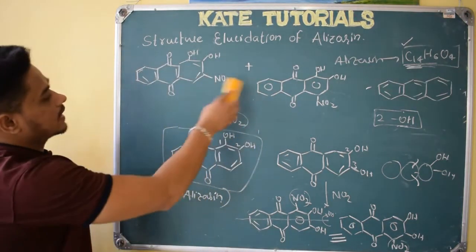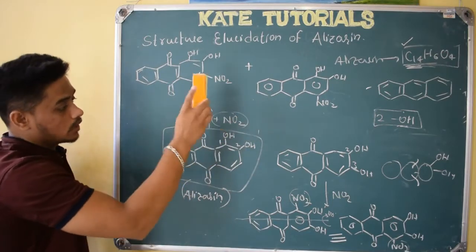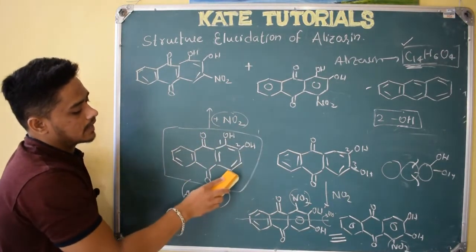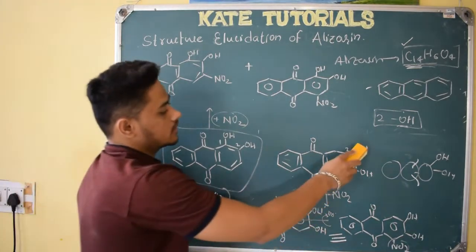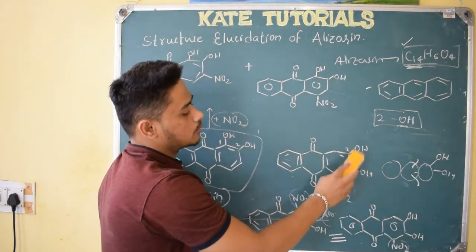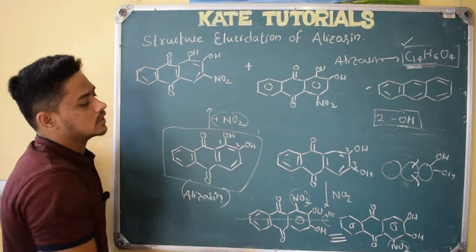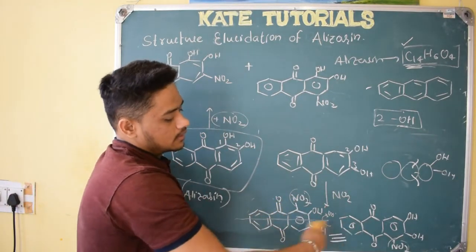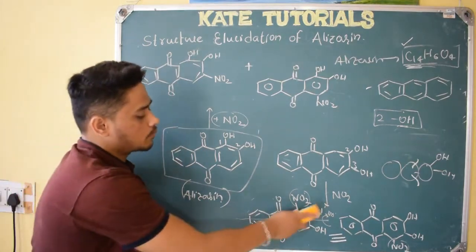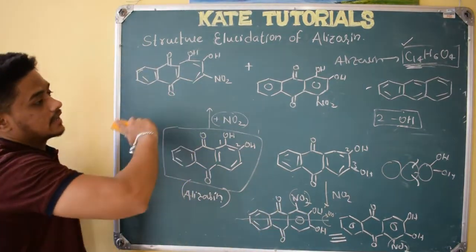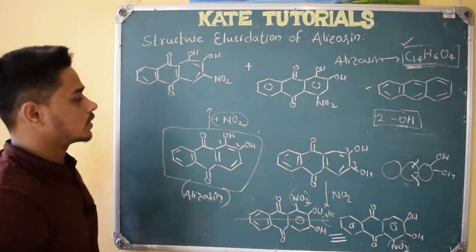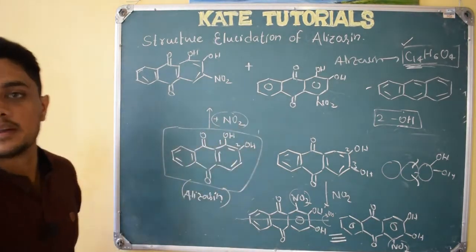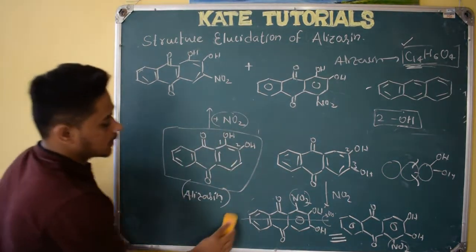So experimentally they get two products, and they will get only two products when this is the structure of alizarin, because here one product they will get, here one product they will get. If these two OH groups are at the 2-3 positions, rather than the 1-2 positions, and I do nitration, both products will be the same, so they would get one product. But in the experiment they got two products, because of which they concluded that alizarin has this structure, right. I hope it is clear to you, right.